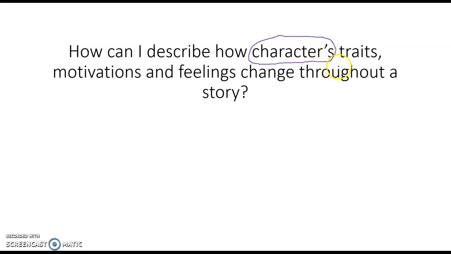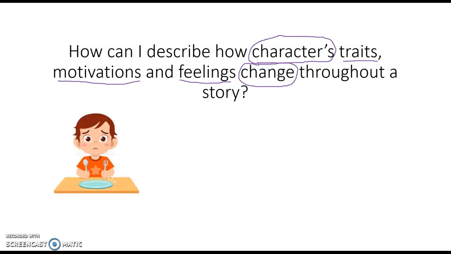We're going to talk about his traits, his motivations, and his feelings, and how they change throughout a story. You're going to be answering a discussion question about how this character changed from the beginning to the end of the story. And then tomorrow, you're going to be writing about how a certain character helped change the outcome of